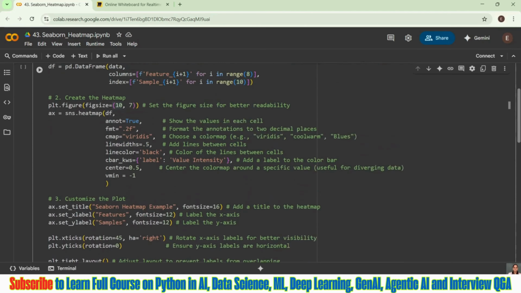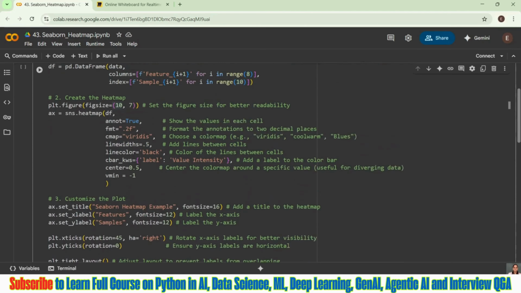Now we will create our heatmap, right? So we understood that we have to import our libraries, create the x-axis, y-axis and data. We have to create a data frame, or if we have ready-made data, we take that and get ready for the heatmap. So we are creating our fixed size or plot area.